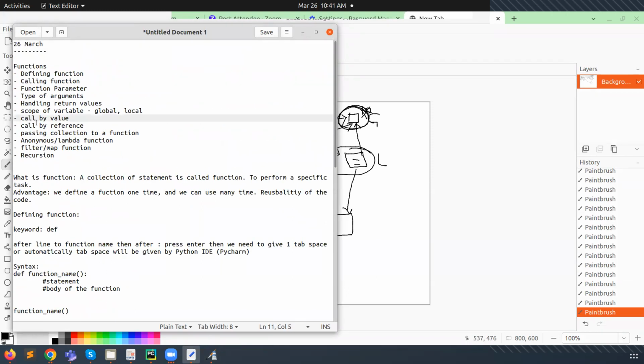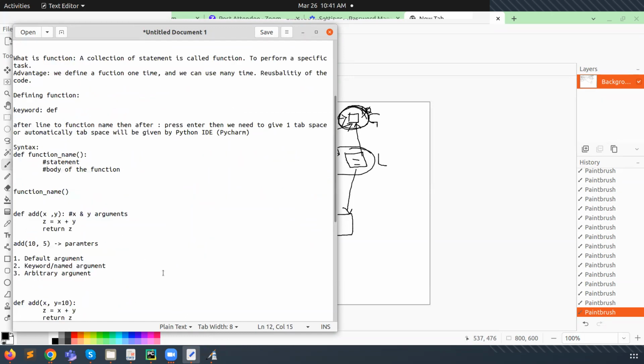Now we need to look at call by value and call by reference. This is something simple. Call by value means